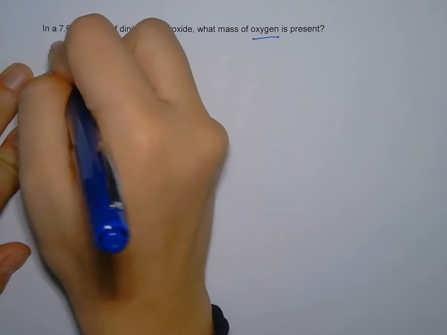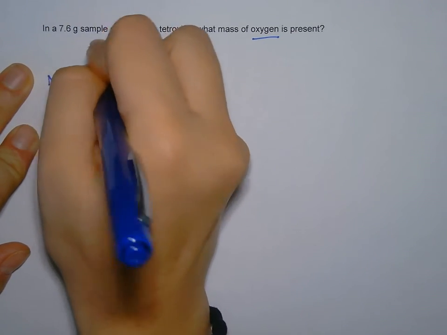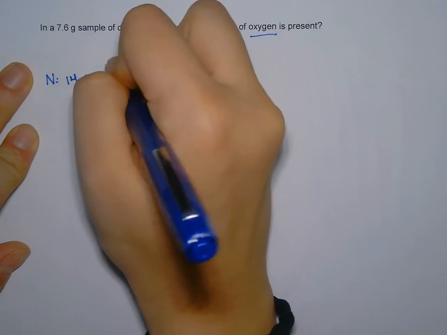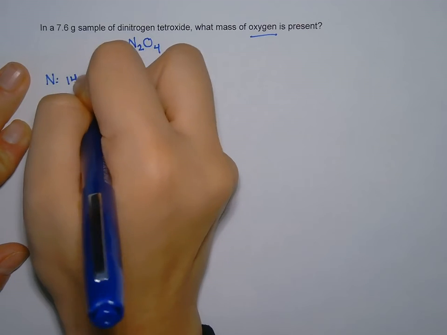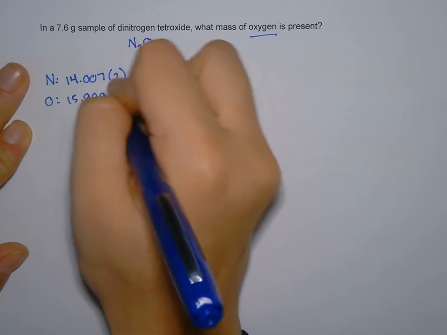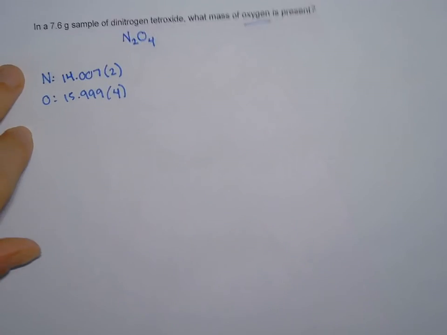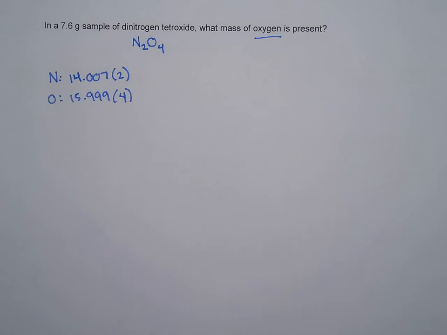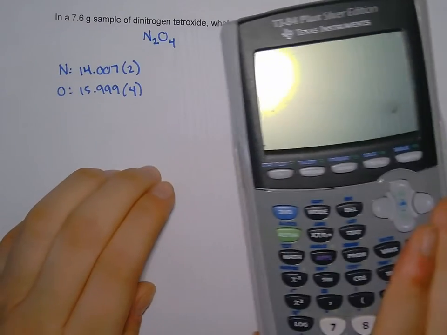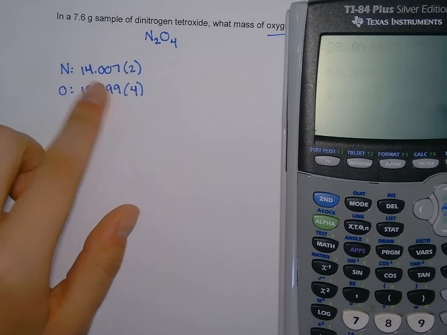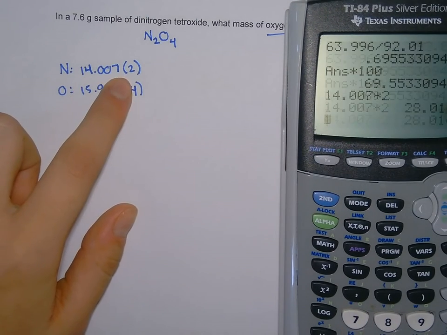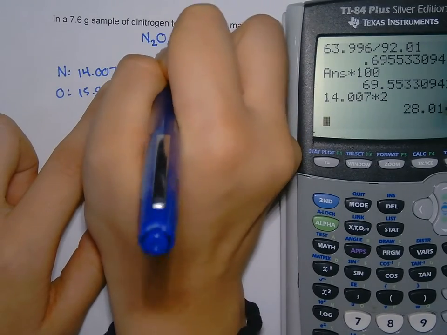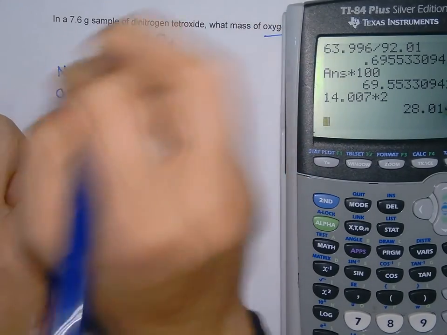Nitrogen, I know from the periodic table, has a mass of 14.007, and I have 2 of those. And then oxygen has a mass of 15.999, and I have 4 of those. So now I'm just gonna take my calculator and multiply, because this ain't that hard. 14.007 times 2, which is equal to 28.014,